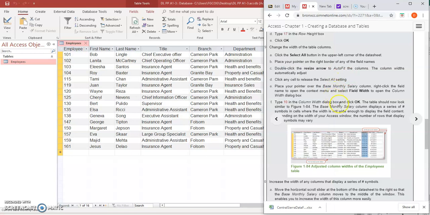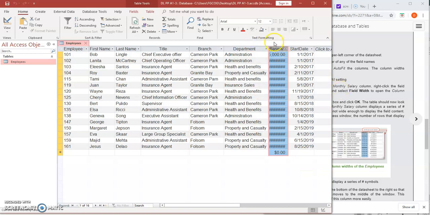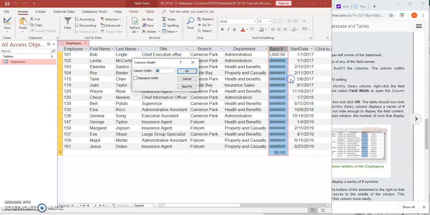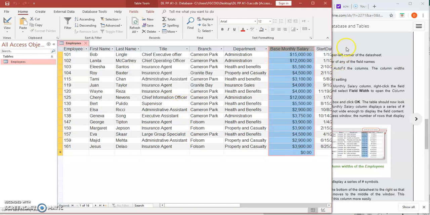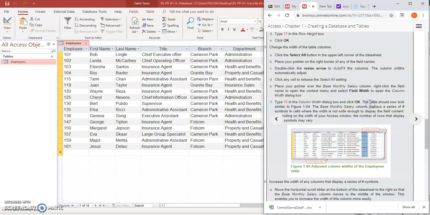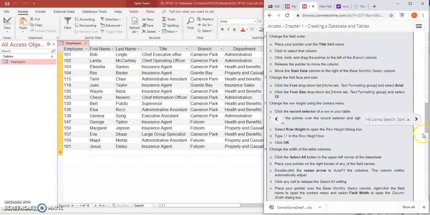Now, if it is not shown, you're going to see hashes. So the best way to handle that is, if you're not able to see the data, right click on that, choose field width, and give it a best fit. It automatically shows you the correct data. Right. Next is